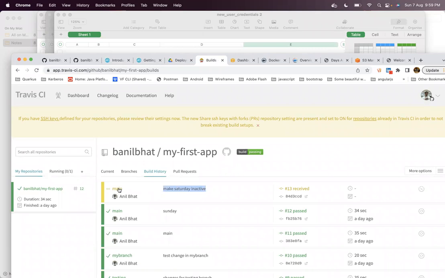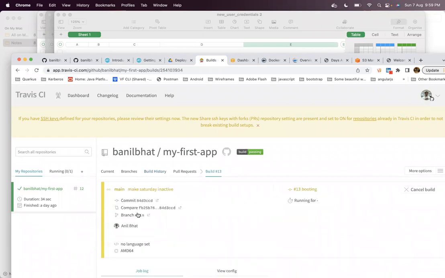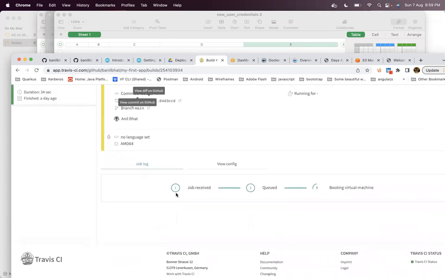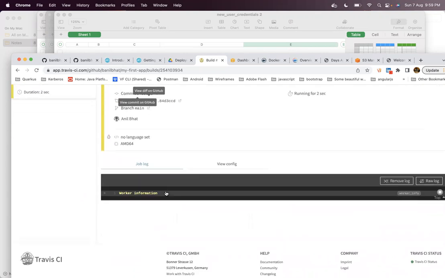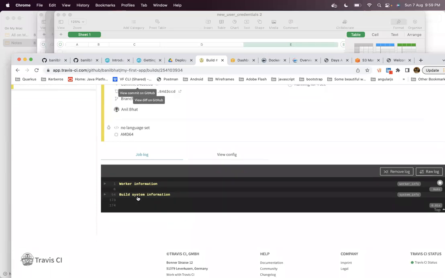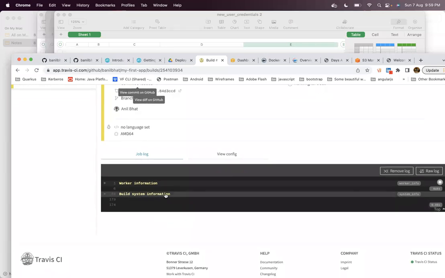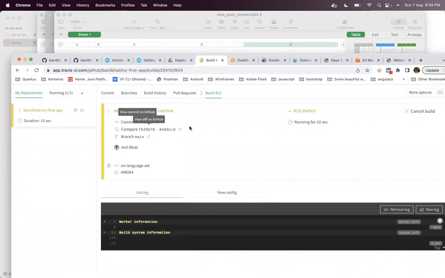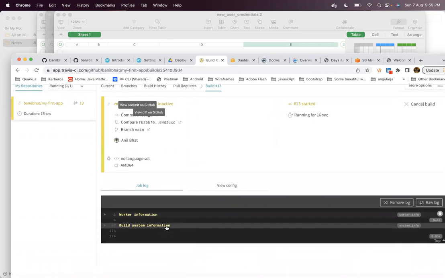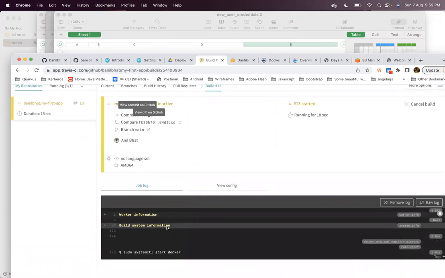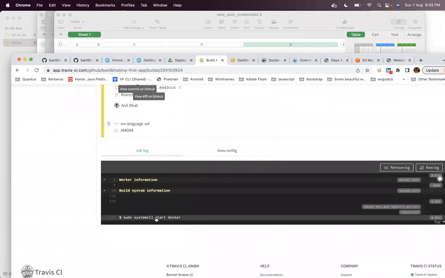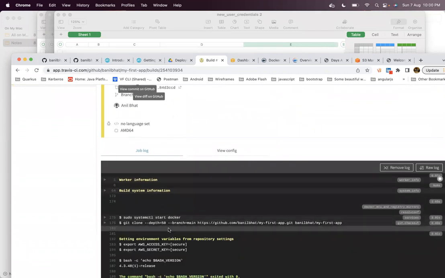Now the Travis build is happening. So go to this particular build and you can see the job logs now. What is happening? You can see the build has started for Travis. Travis has picked up that particular commit based upon the travis.yml. It is trying to build the commit, and in the Travis file we have mentioned what to do.